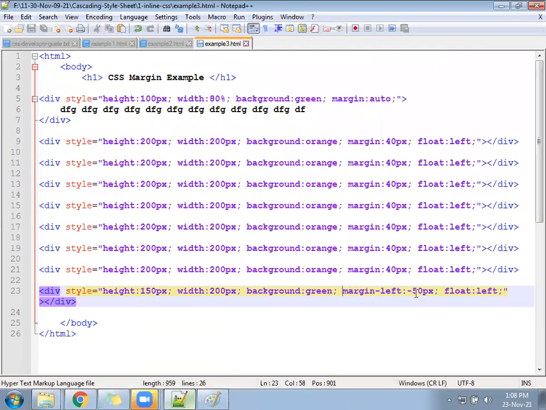Overall, we wanted to understand whether the minus property will work or not. Okay, so minus property is working.